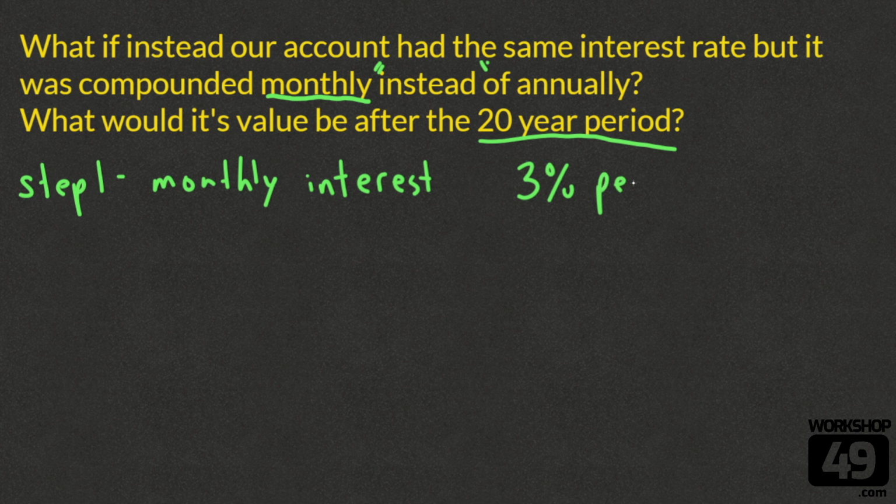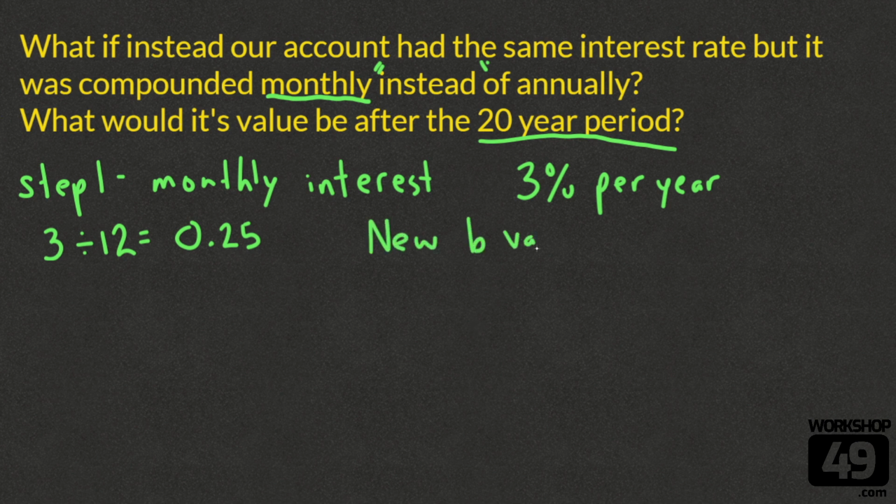Now, it was 3% for a whole year. That's 3% per year. We need to figure out what it is per month. And since there are 12 months in a year, we can do 3 divided by 12 and find out that it's 0.25% per month. This is going to give us a new B value. It's not going to be 1.03 anymore. It's going to be 1 plus whatever our new interest is. But watch out, that's